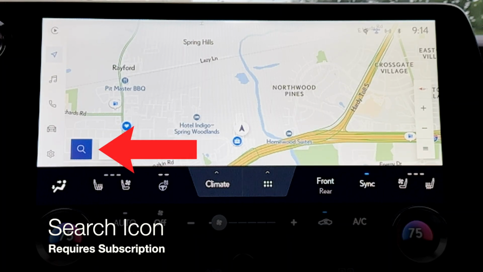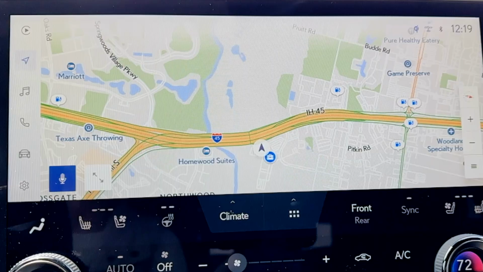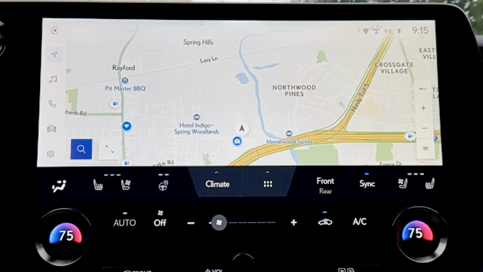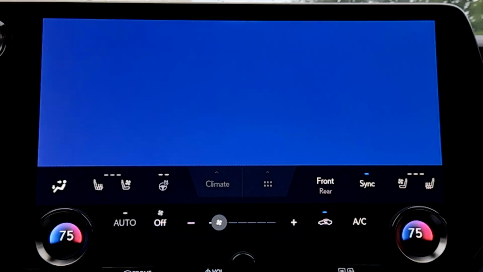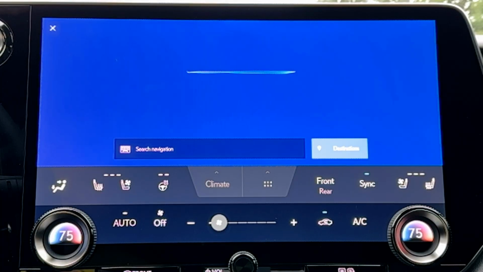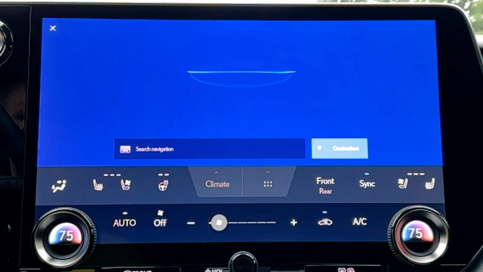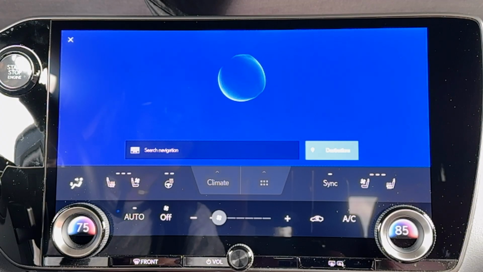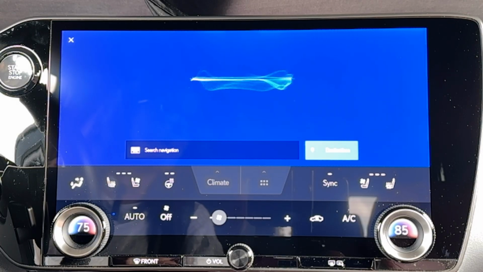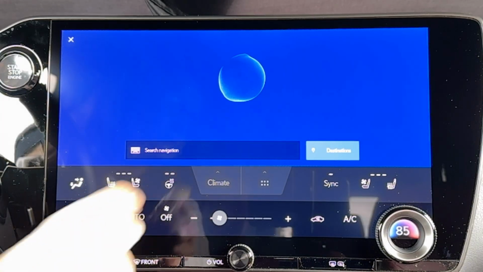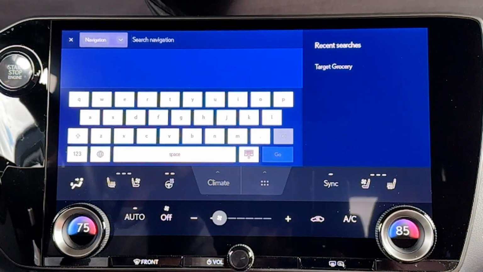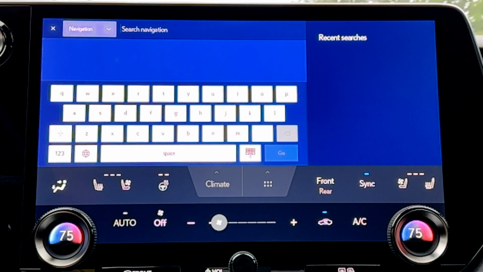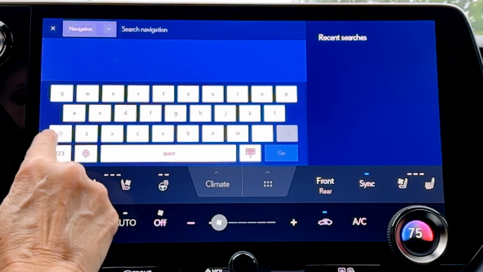A couple of things to know about the magnifying glass icon. When the vehicle is in motion, it changes to a microphone icon, because not only is that your on-screen search feature, but that's another way to launch your Lexus Assistant. You can simply click to launch your voice assistant and give your command, or click on the icon. You'll see a tiny keyboard icon, but you can tap anywhere along the bottom bar to open up the keyboard on screen. For navigation search, you can begin to type in a search,